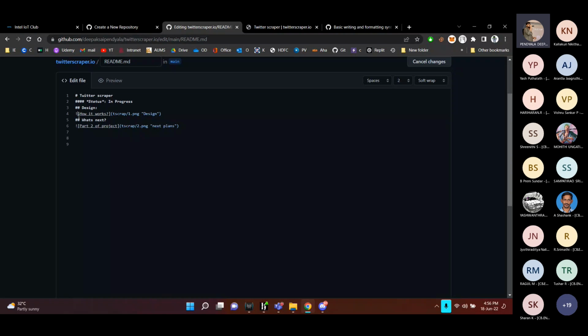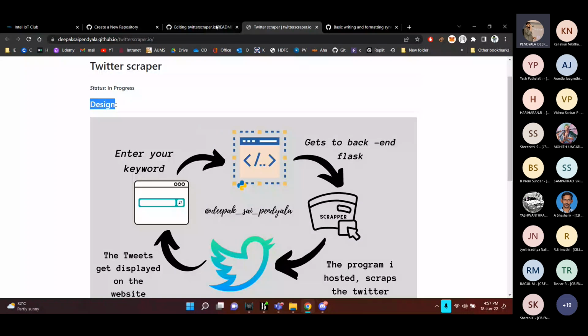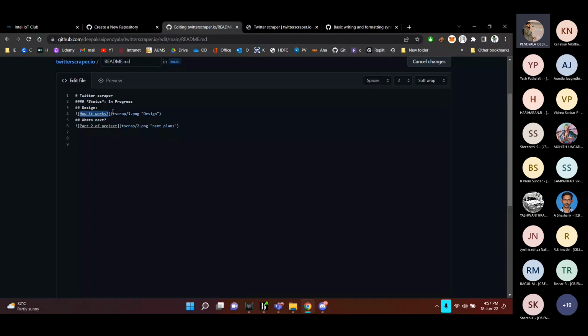So you can do something like this. This will be the name of the image, and then this will be the link. So how can you include this link? Actually, when you see my repository here, let me open the repository in another window.